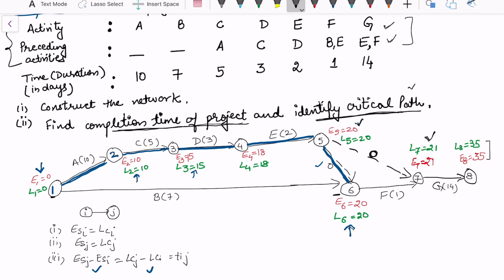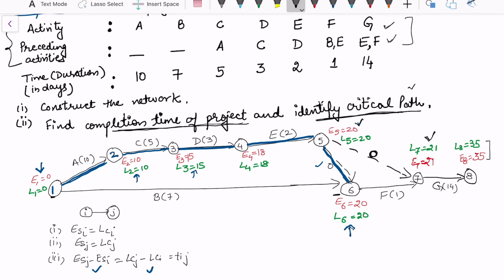Now if I look at activity 6 to 7, that is activity number F. So this is a critical path and hence the last is a similar critical path. Now the highlighted line with the blue color is a critical path. So I may say I have identified critical activity and hence I have identified the critical path: 1 to 2, 2 to 3, 3 to 4, 4 to 5, 5 to 6, 6 to 7, 7 to 8 are critical